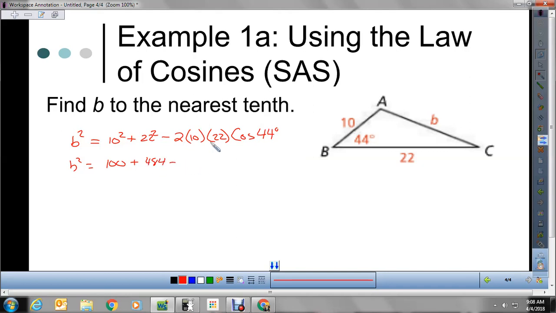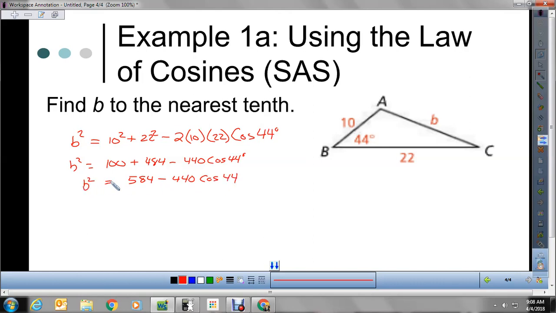And then we have 2 times 10 times 22, which is going to be 220 times 2, which is going to be 440, cosine 44. Now, you cannot subtract 100 minus the 440, because 440 is attached to the cosine 44. So this gives us 584 minus 440 cosine 44